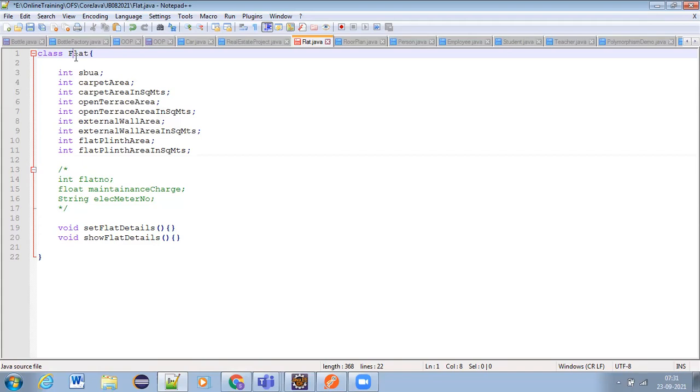Obviously, dealing with the limited data which is required for our business is simple and easy, right? Including unnecessary things makes the system more complex. If you add 50 properties here, then when you are writing set flat details, you need to set 50 property values, which is difficult for you or not?